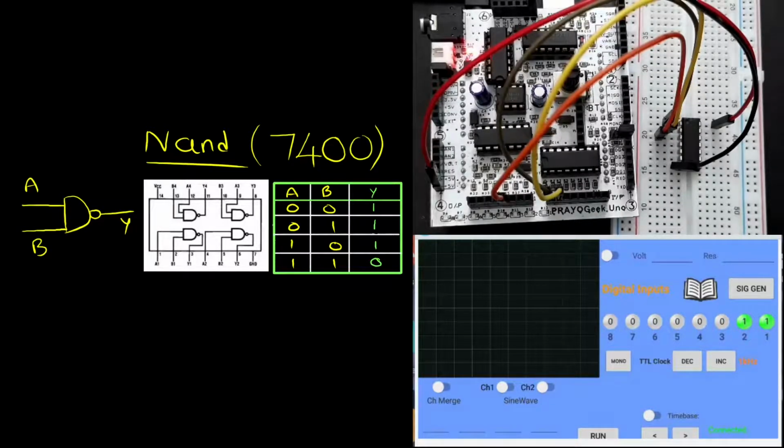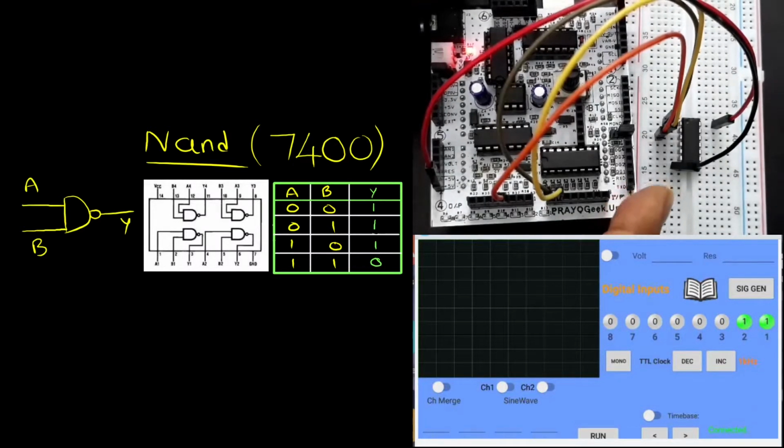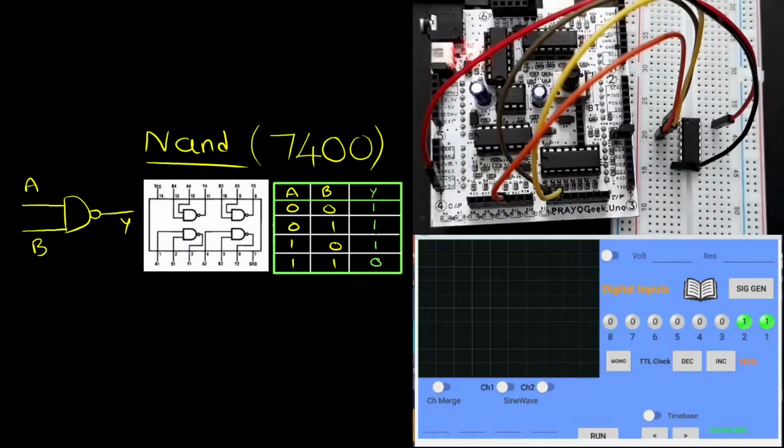Going ahead, we'll be building different circuits like the half adder and realizing different Boolean expressions. In that case, you will have to connect 2 or 3 ICs like this, and you have to interconnect those ICs. Once you are familiar with these connections, it becomes easy for you to handle the complex circuits.